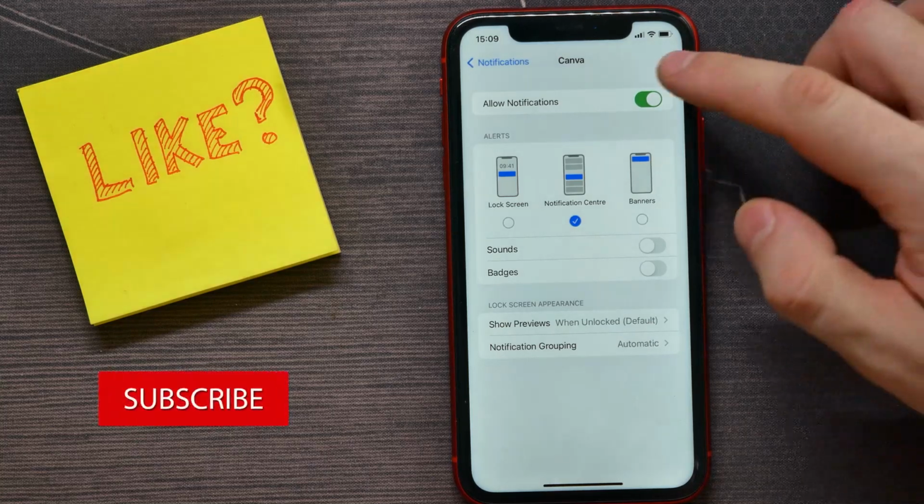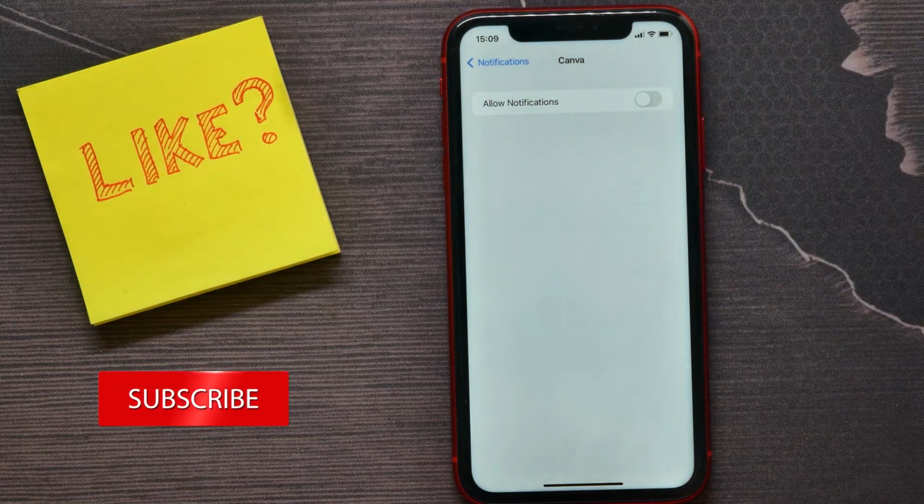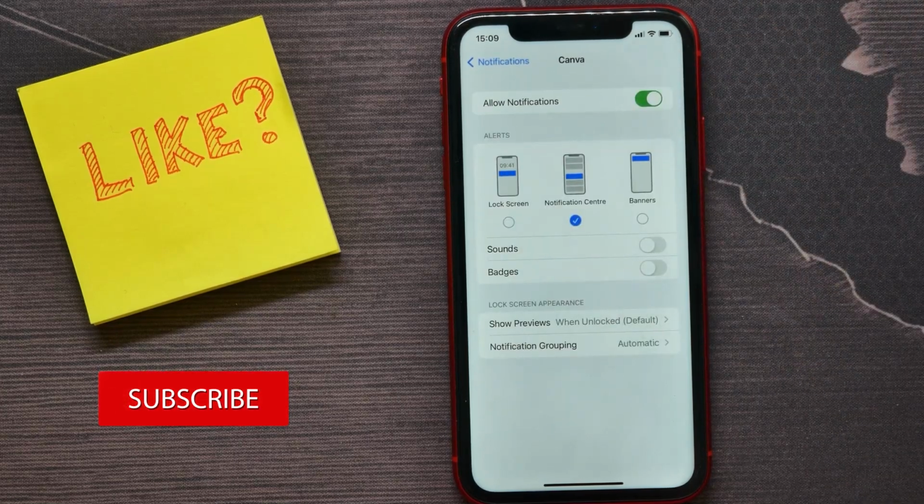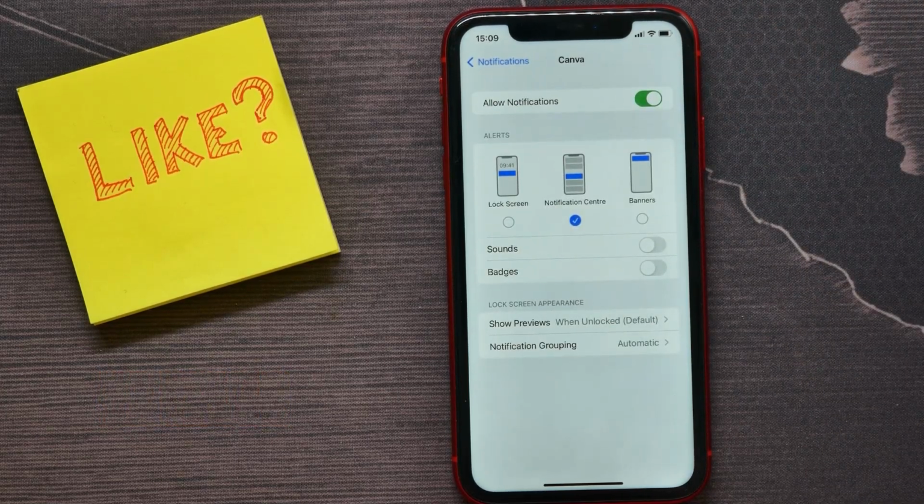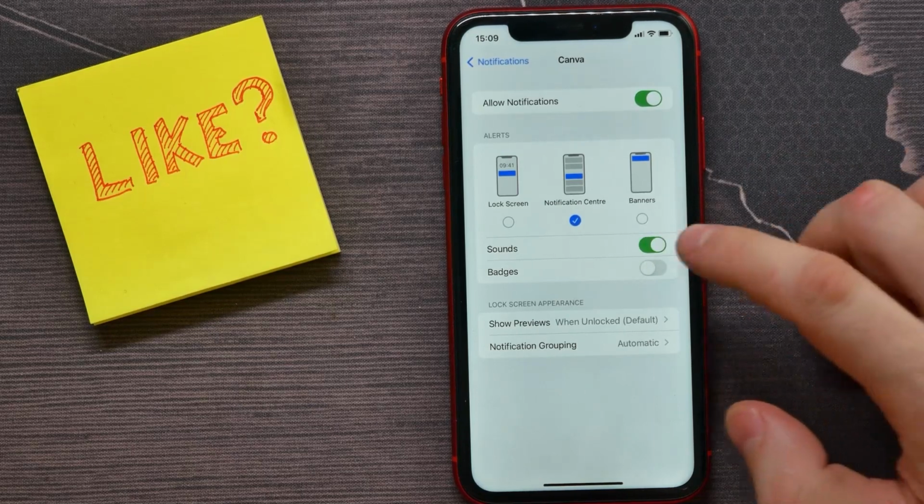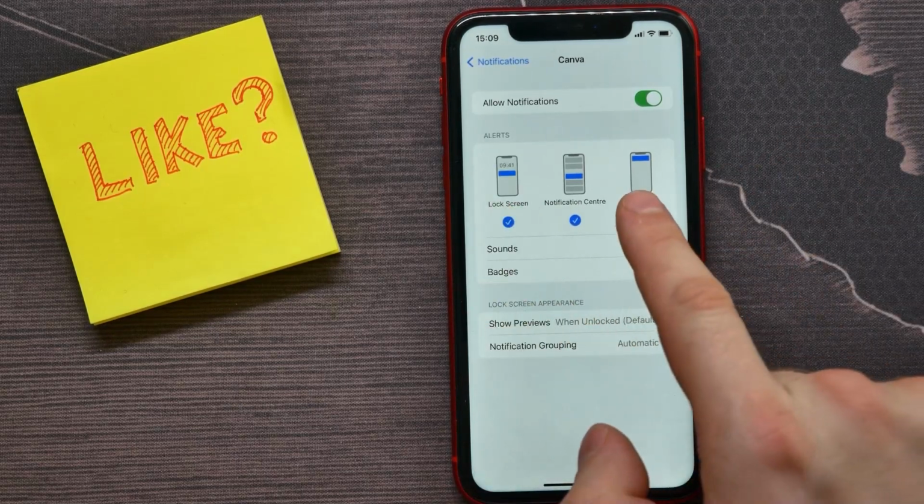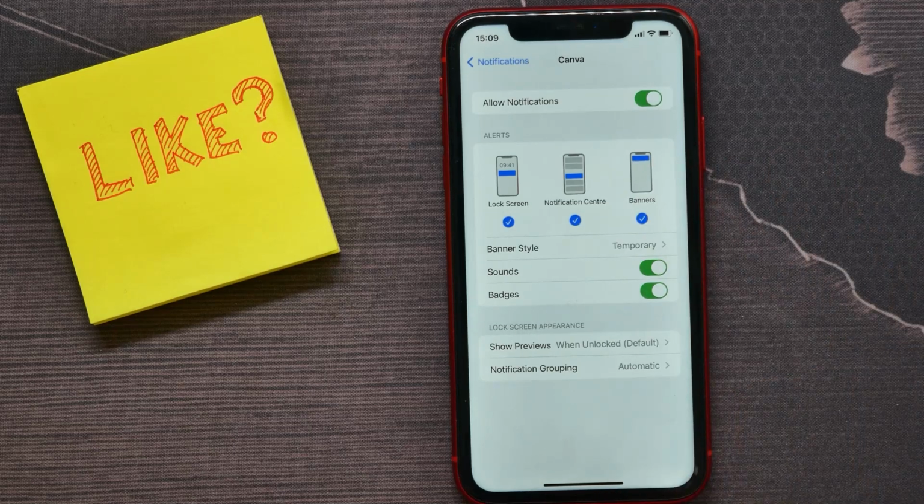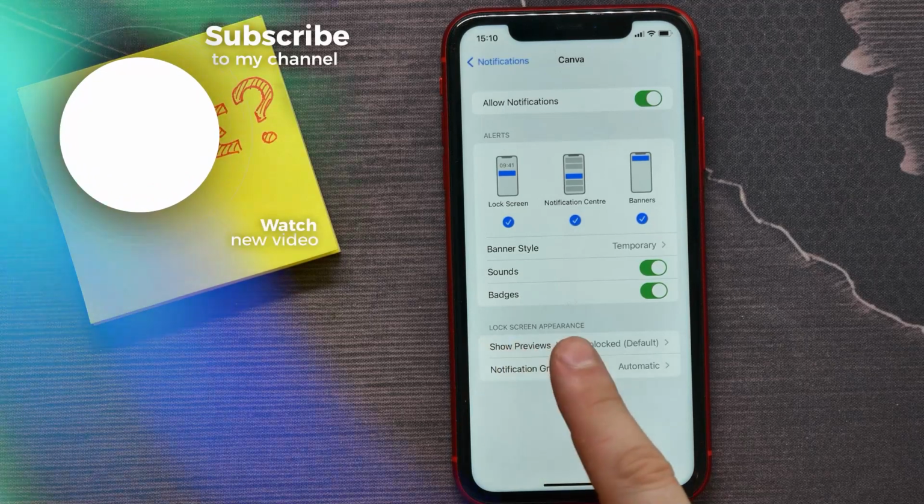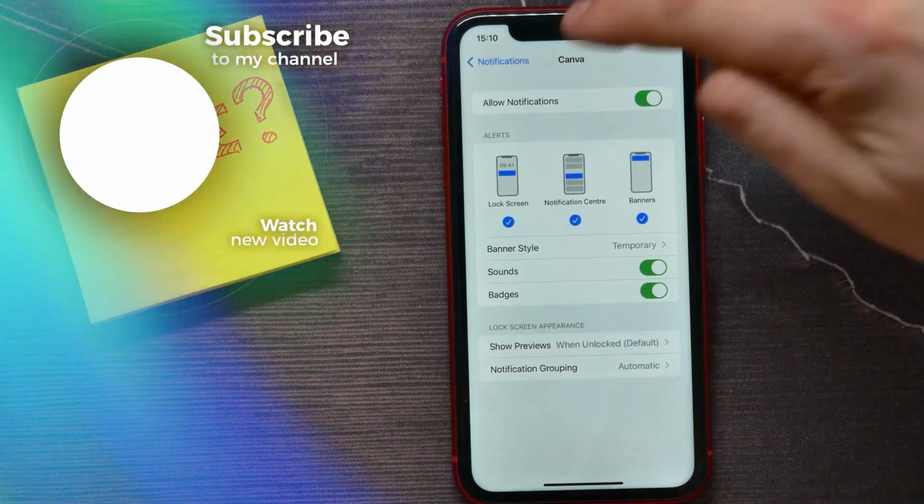It might be a situation when notifications are disallowed completely for that app, so you just need to turn it on. And also you can enable sounds, enable badges, enable notifications on lock screen and banners type of notifications. And also here you can set up lock screen appearance for notifications for that